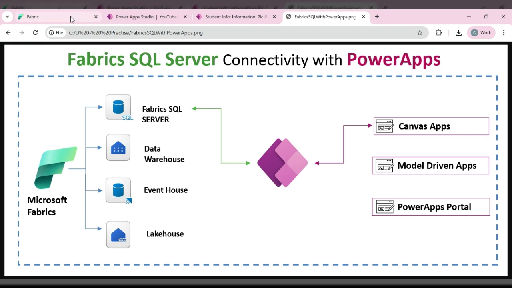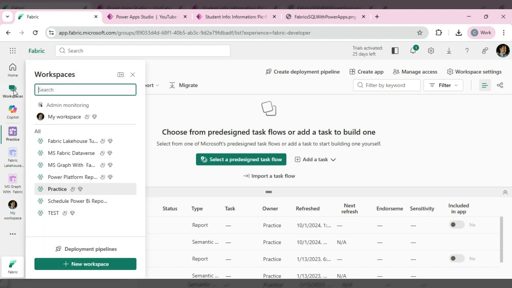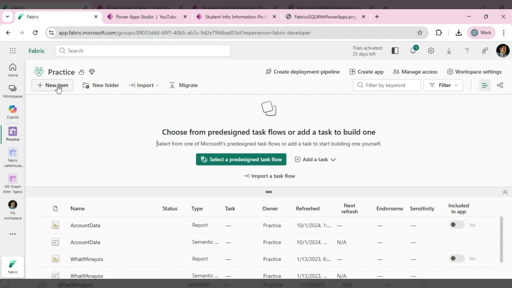So let's start. Here I have already created my Fabric trial environment. You can see this is my trial environment, activated with 25 days left. And here, first of all, I need to create a new workspace. So here I have a workspace created. I'm going to click on new item,